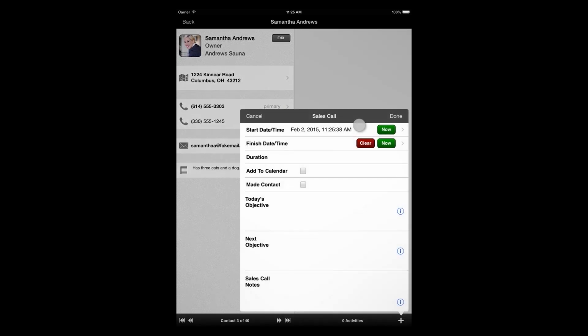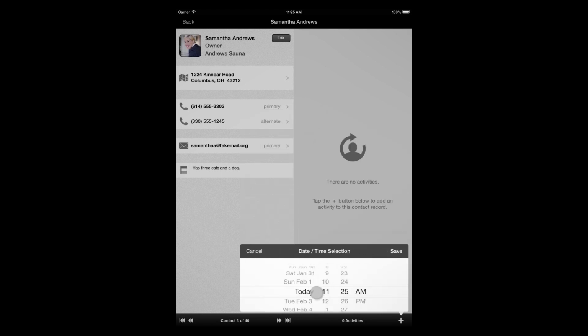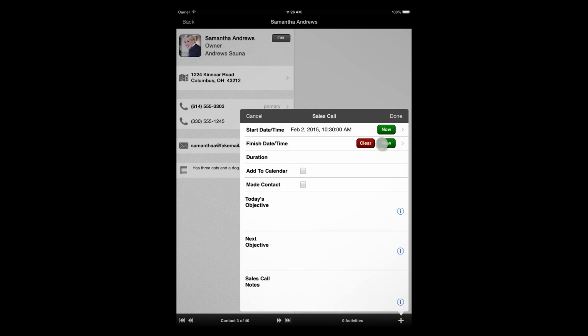When we select sales call, Routzy will automatically fill in the start time with the current time. Whoa, hold on. What if I show up late and have to do this after the fact? If you're doing this retroactively, you can change the start time by tapping this field and adjusting the clock manually. I can do the same thing with the finish time, or I can just tap now for a sales call